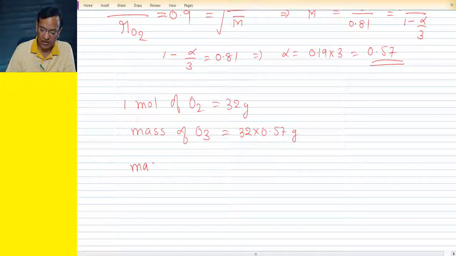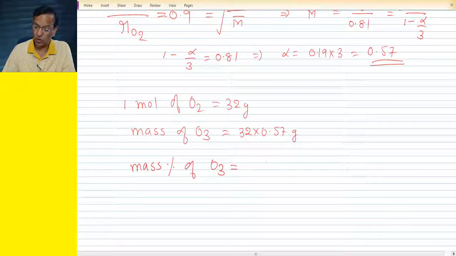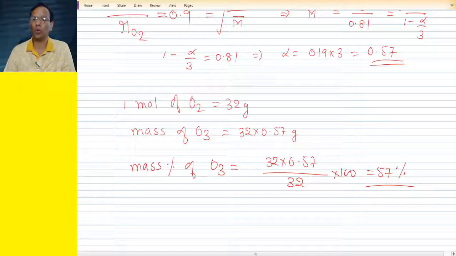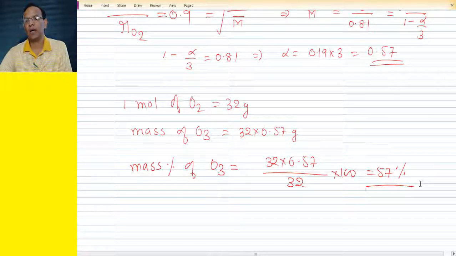So the mass percentage of ozone will be equal to the mass of ozone, 32 into 0.57, divided by total mass, into 100, which is 57%. So this mixture contains 57% of ozone. So that is how we proceed for the case of dissociation and association accompanying the gaseous